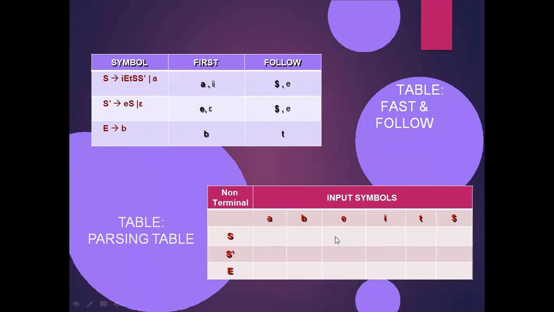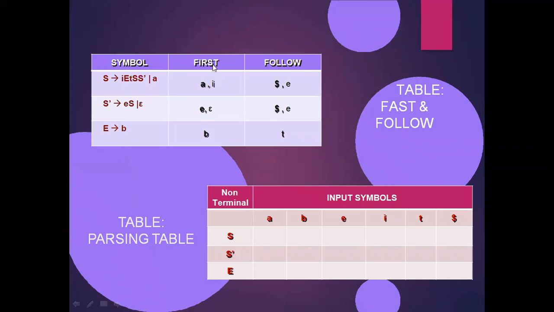So now I am filling the parsing table. Now first of S: only for S dash I am taking the output of follow. Why? Because S dash consists of an epsilon production, right? S dash is the only one consisting of an epsilon. The remaining S and E do not have any epsilon production. So S dash is nullable, and for S dash only I am considering this follow output. For S and E only, I am considering the first function outputs.